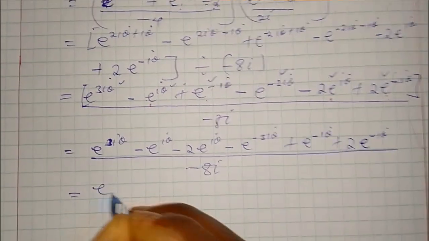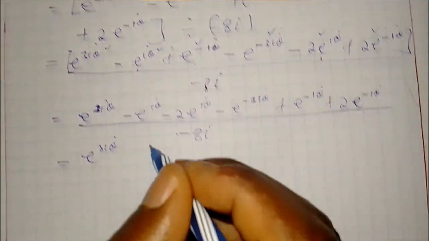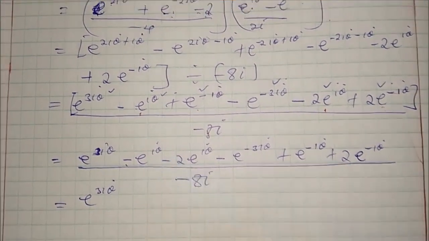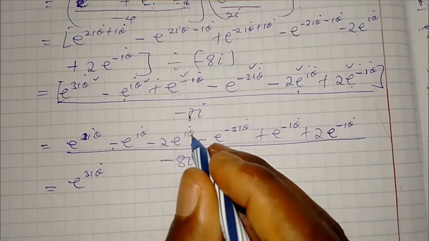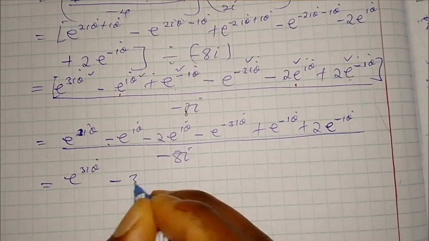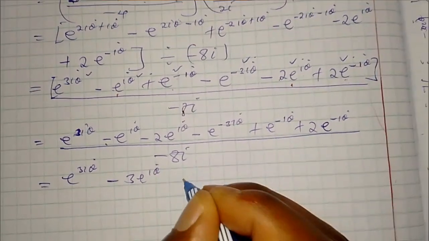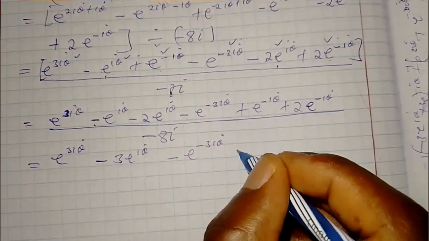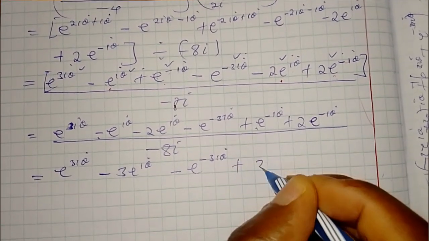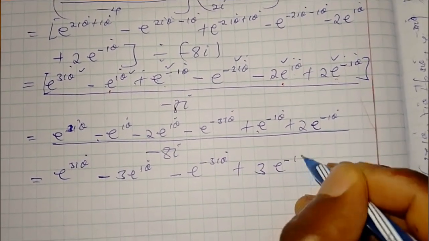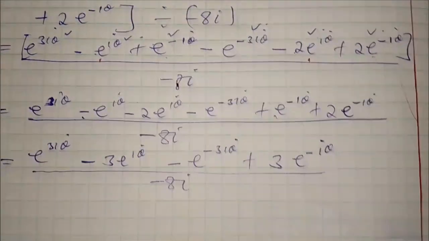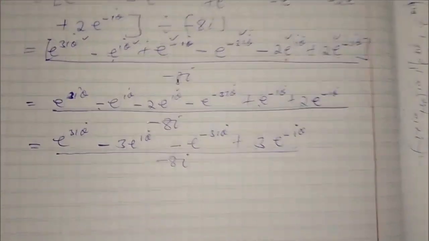And now this becomes e raised power 3iθ. Out there, this negative e iθ minus 2 e iθ is negative 3 e iθ, minus e negative 3iθ, this plus this is 3 e negative iθ, the whole of this over negative 8i. For that,